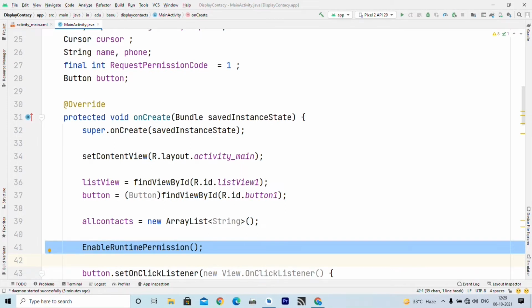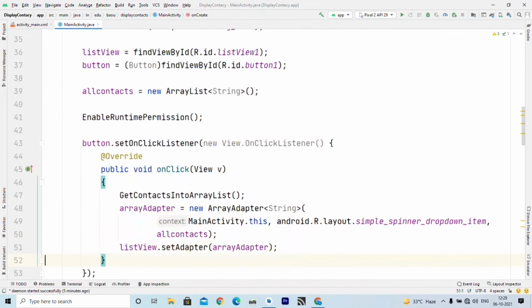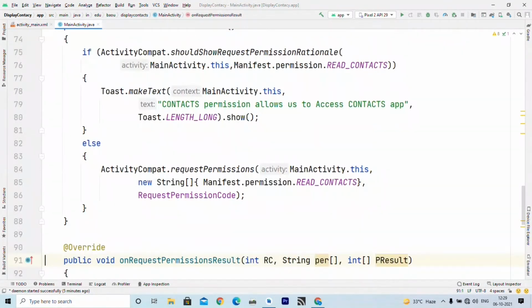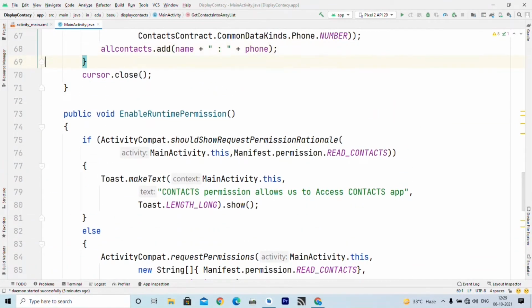This is a user defined function which actually requests the user to grant permission. First we will understand this function, or method, enableRuntimePermission, that we write here.